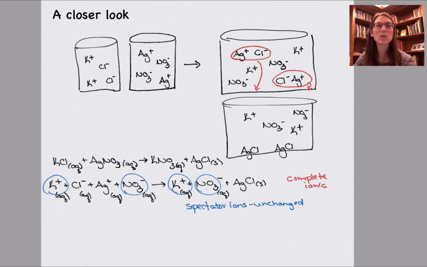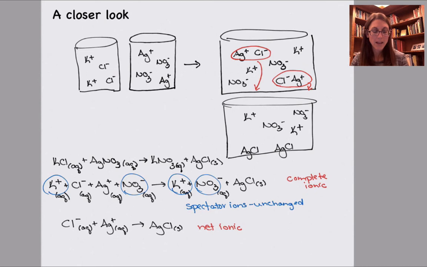And so the last way we could represent this process is as what's called a net ionic equation, where I don't write the spectator ions. They're on both sides of the equation. They would cancel out. I only write the portions of the chemicals that are actually involved in the reaction at hand. And the advantage to a net ionic equation is it's clean and it's neat. It shows us just the parts that are changing and allows us to really focus on the chemistry that's happening.